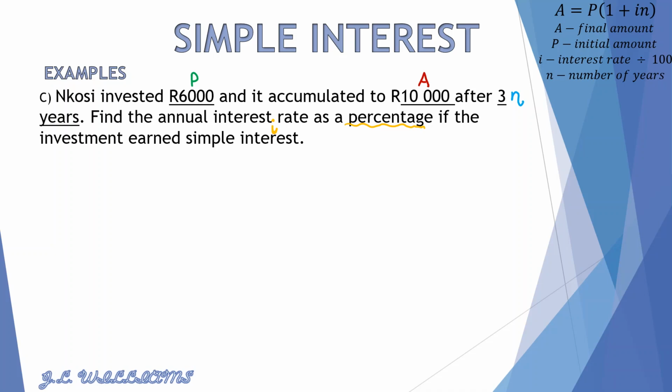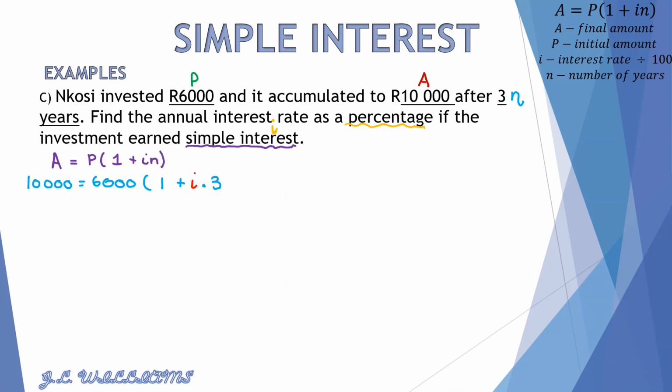earned simple interest. So let's also go ahead and underline that, because the interest type tells you which formula to use. And so we start off with our formula by saying that A is equal to P bracket 1 plus interest rate multiplied by the number of years. Then we substitute, so the final amount is given to us as 10,000 Rand. The initial amount is 6,000 Rand, and then we go 1 plus the interest rate, which is unknown, we're going to make that red, plus the interest rate multiplied